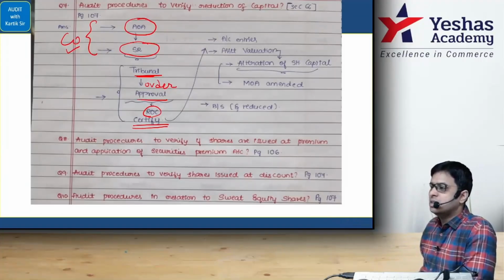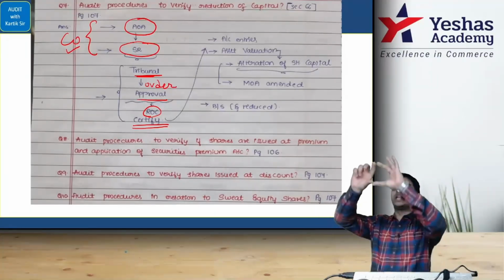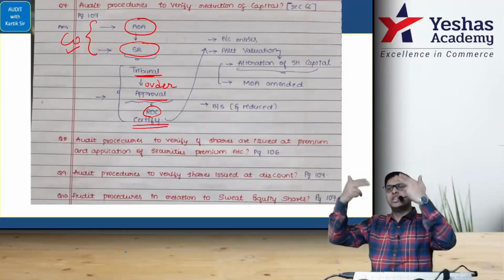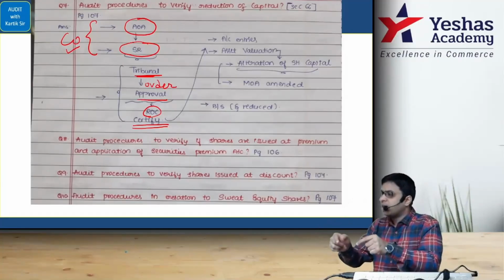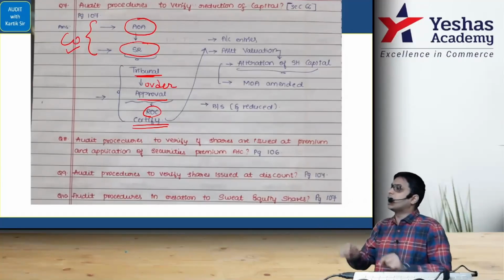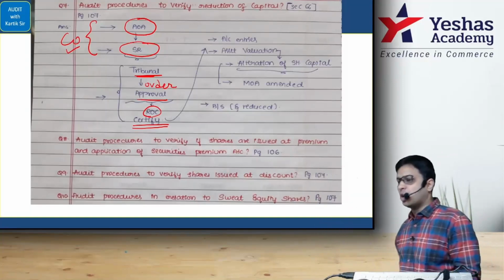Tell me the compliance requirement first. The company's people will approve, and it should be there in the AOA. They will pass a special resolution. The special resolution will be taken to the tribunal. They will pass an order for the approval. That tribunal's order will be taken to the ROC. ROC will give you a certificate. Now you can make whatever accounting changes you want.